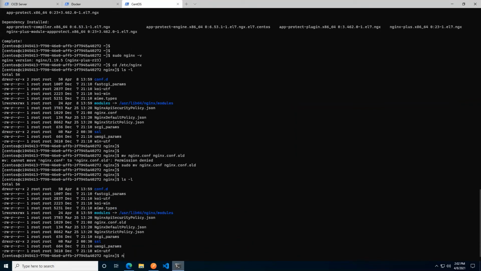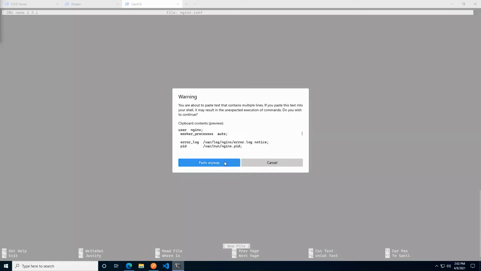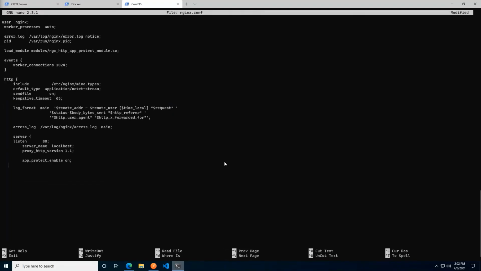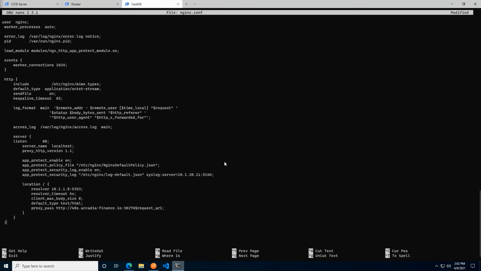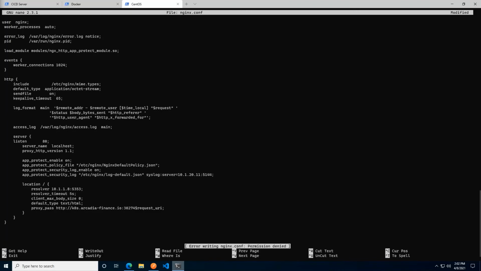I'm going to nano nginx.conf like so. And then I'm going to simply paste in the content that I just copied. Boom, boom, boom. And if we remember to exit and save, it's Control X, press Y to save the buffer, and enter to accept the file name.